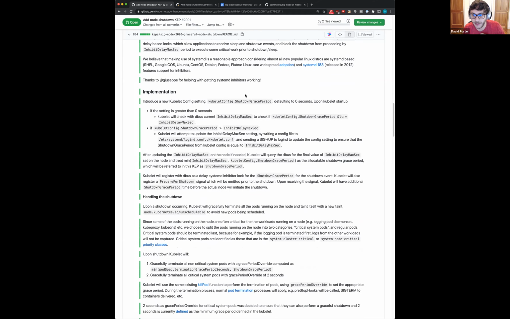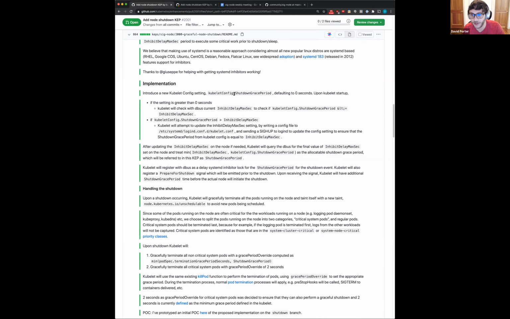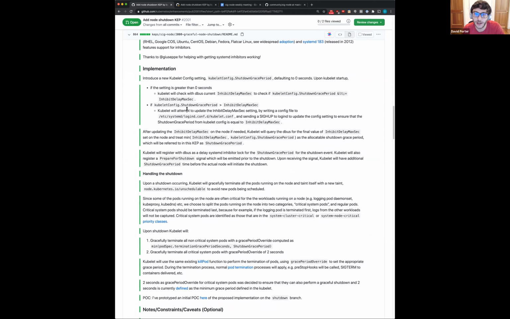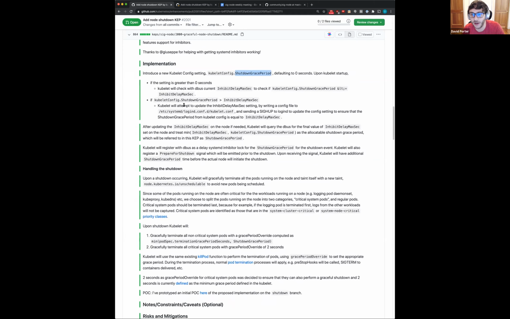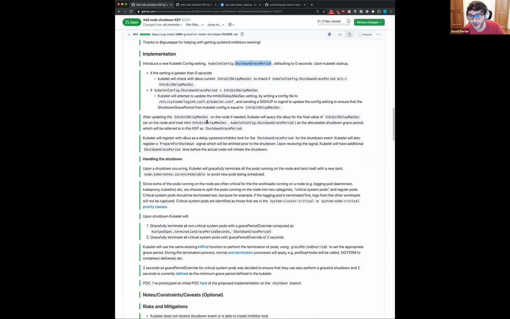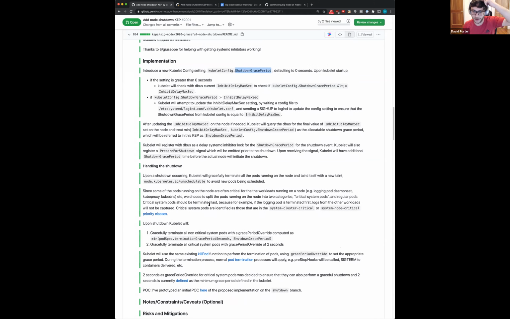And so the idea here is we're going to introduce a new field in kubelet config, shutdown grace period, and the user will specify this, or the cluster administrator, that is. Basically, this is the time we'll try to request from systemd to delay the shutdown by. And then for each pod, from the pod spec, we'll get the termination grace period seconds, as I described. And we'll basically give each pod a minimum of the termination grace period or the shutdown grace period.